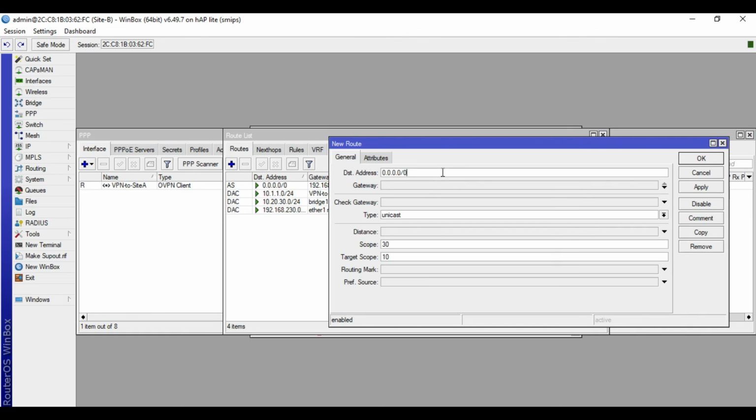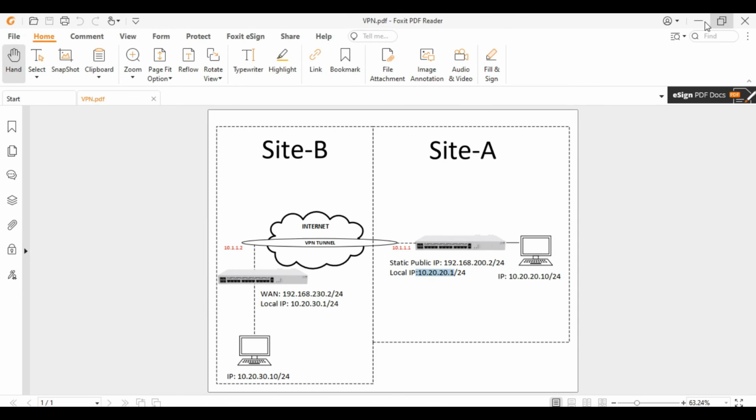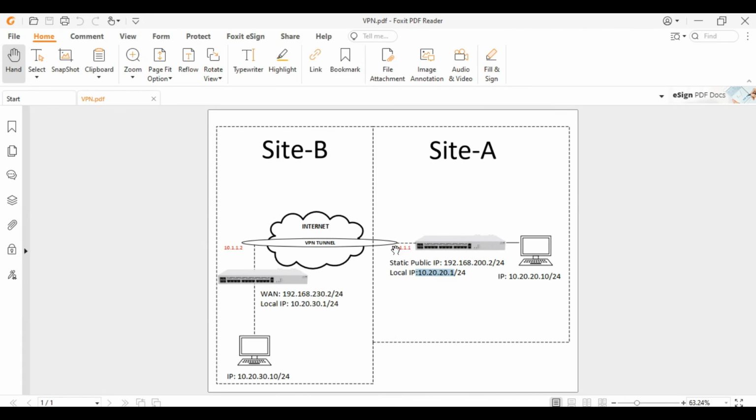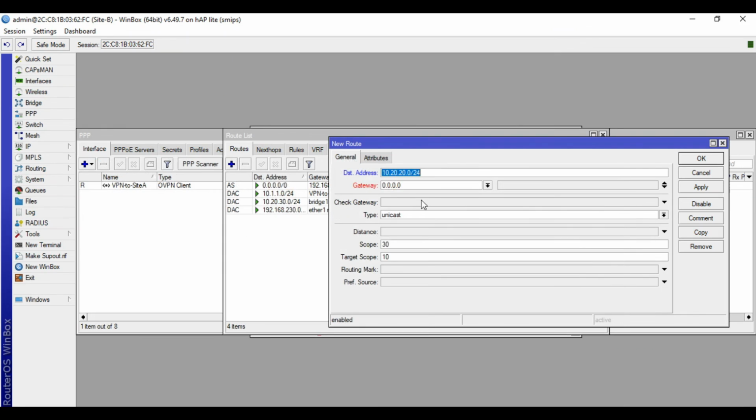For the destination address, input here the network address of the site A LAN. In our case, it's 10.20.20.0/24. For the gateway, since we are in site B, input the tunnel address of site A. So in our case, it's 10.1.1.1. Click apply. The status is reachable.